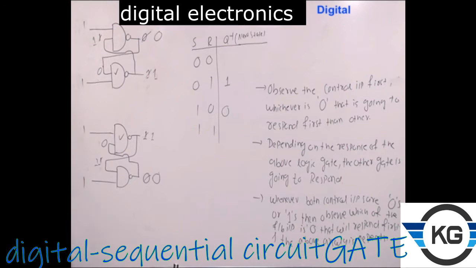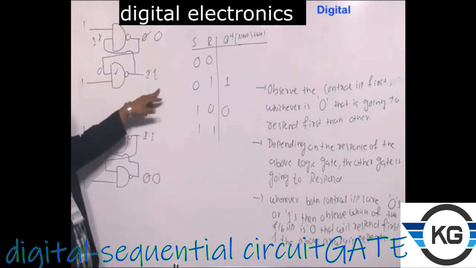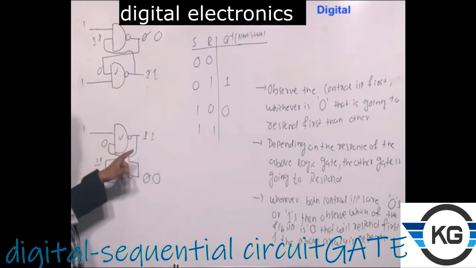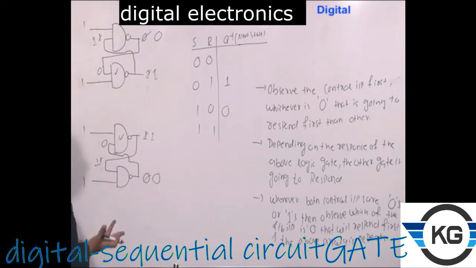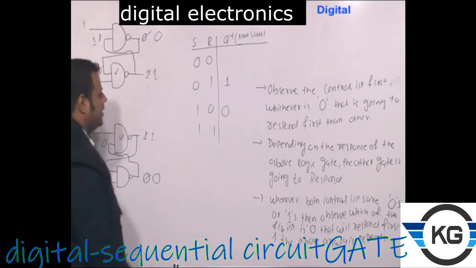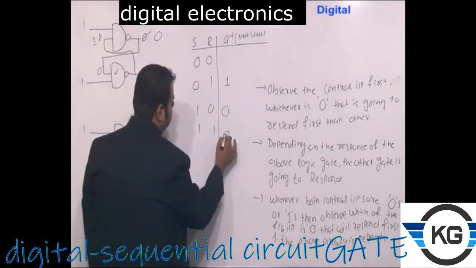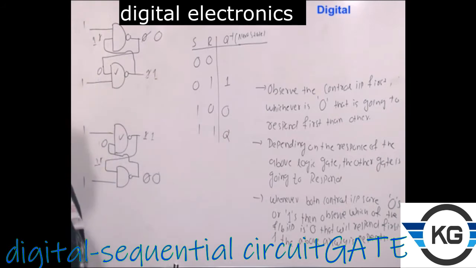That when the external input to the NAND latch is 1 and 1, whatever the initial state you have assumed earlier, the same state is getting maintained on the output. If I assume the initial state is 0, the next state is again 0. If I have assumed the initial state is 1, the next state is again 1. In terms of variable, I can write that if you are assuming the previous state as Q, the next state is also Q. So what you have assumed is again getting maintained there.